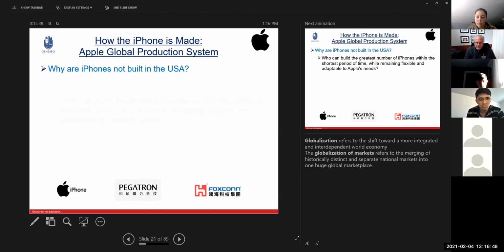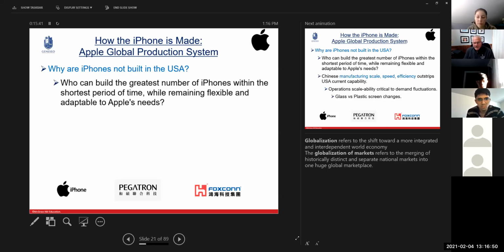It really is. Think of it this way: who can build the greatest number of iPhones in the shortest period of time? The demand, just on this call right here. Let's say 98% of you are using an iPhone. 2% of us, I'm in the other 2%. But the demand, just from the volume that needs to be produced,